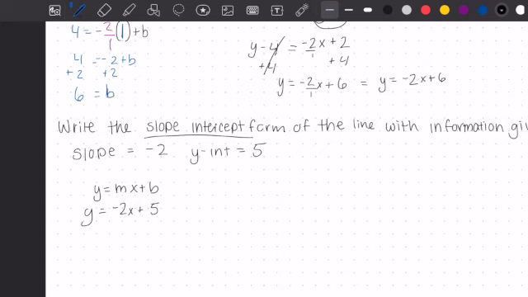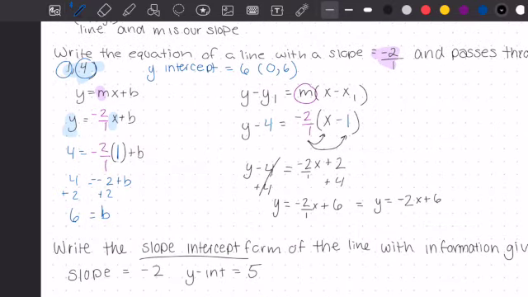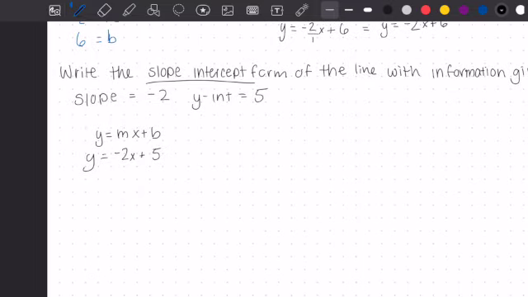Question 2 says, write the slope-intercept form of the equation of a line with the given slope and passing through the given point. Use the point slope form in some of the questions. So at least one of these questions, because it doesn't really matter, you're going to use slope point form. So I'm going to use slope point form on 2A